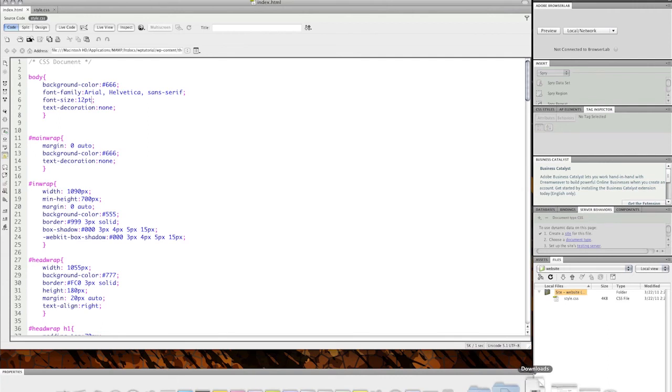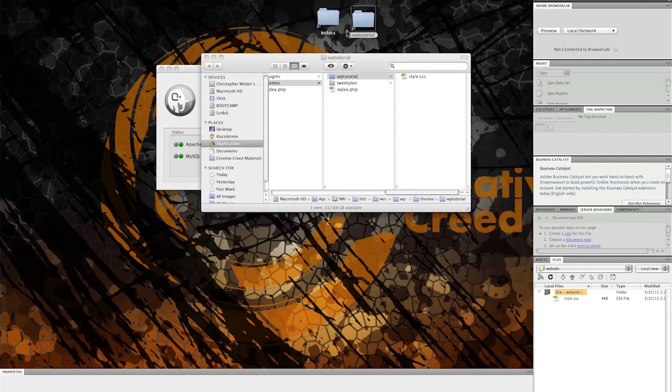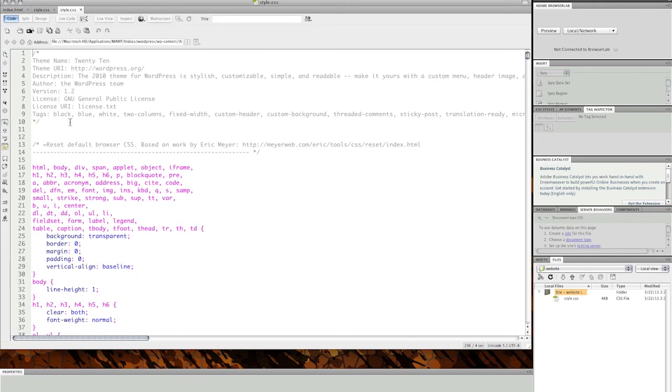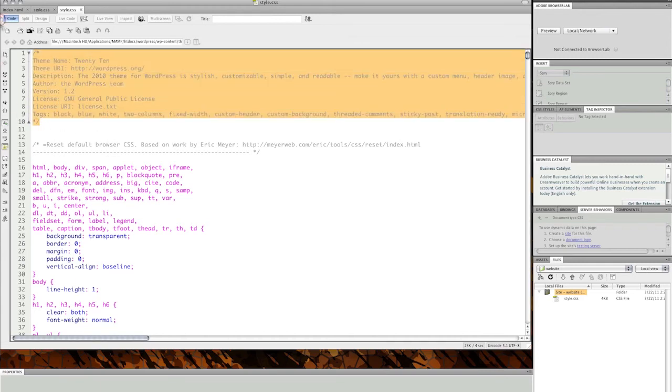To find out how this information looks, we can take a look at the file of the 2010 template. We're not copying anything per se, but we will use it as a template to find out how things are supposed to be sorted. Okay, so we see here we need a theme name, we need a theme URI, a description, an author, a version, and license if we want to go ahead and publish it. So we can go ahead and copy it